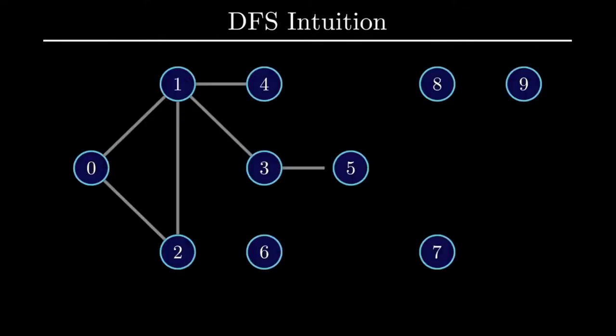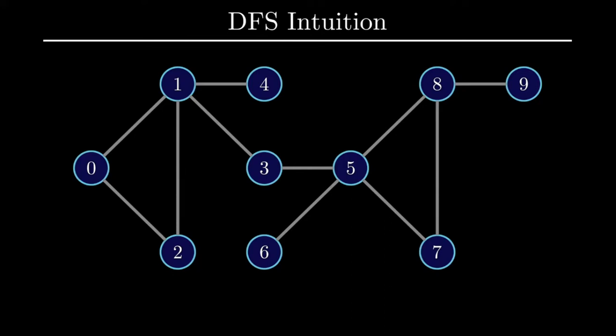So now that we know the basic idea behind a graph traversal, let's take a step back and see if we can sort of invent our own graph traversal. The line of thought that I'm going to present here is actually exactly the DFS algorithm. The goal here is to show you how the DFS algorithm is really a surprisingly intuitive idea, something that with some thought, you probably could have come up with on your own. Let's take a crack at it with this graph.